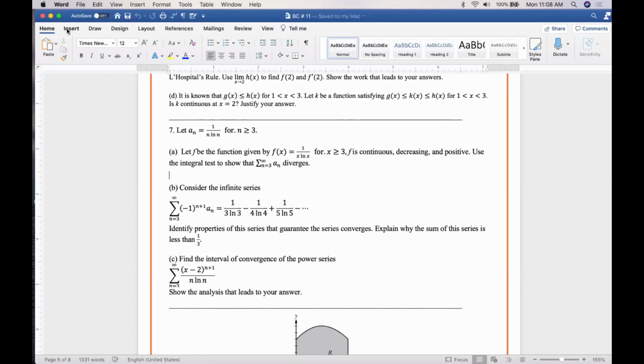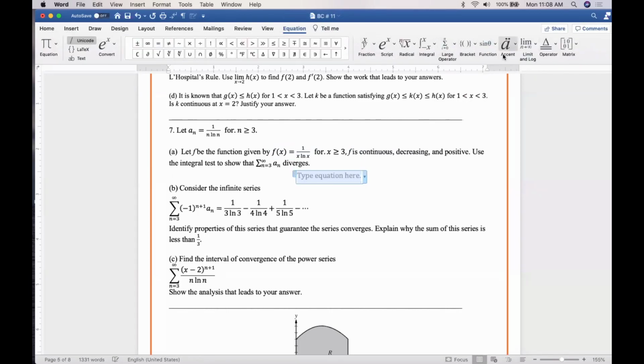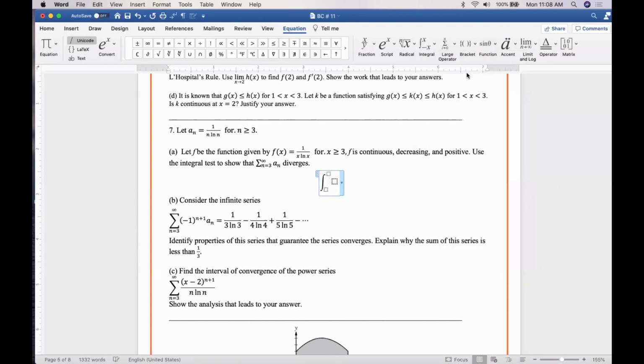So I'm doing the integral test by doing what now? Integral of this function dx from what number to what number? From 3. You have to use this number here, 3, right? So from 3 to infinity,